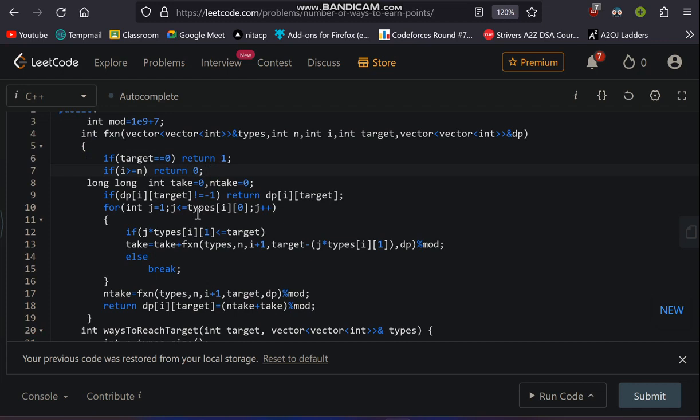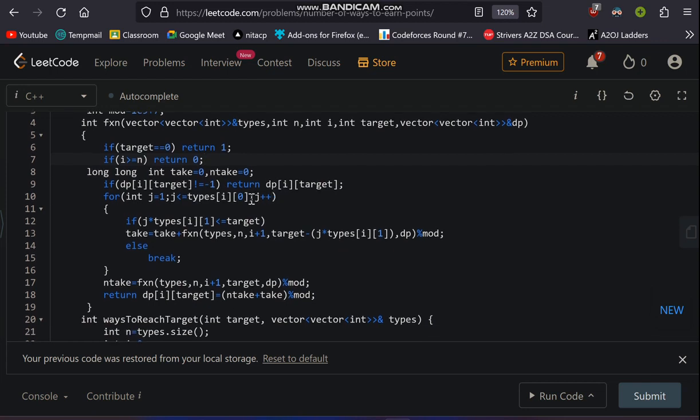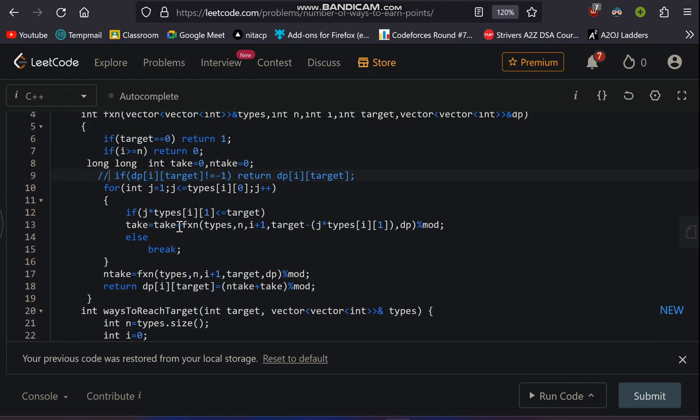And now we have two options for each and every question, either we solve that question or we cannot solve this question, either we consider or we do not consider, either we take or we not take. Don't look at this line, I will explain this line after some time. So for each and every question we have two options, not for each index, for each question. That's why I'm doing this, I will explain this.